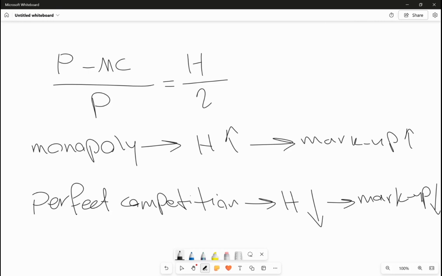And then under the Cournot model, when they make the decision about the quantity, the price could be adjusted accordingly. Under the Bertrand model, it's the case when the firm needs to make commitments about the price. For example, they're going to publish catalogs and they need to mention the price in the catalog and they cannot change it later. So it's important for them to determine the price first, and then the quantity would be adjusted according to the price. Examples of such firms could be software industries, insurance, banking, telecommunication.